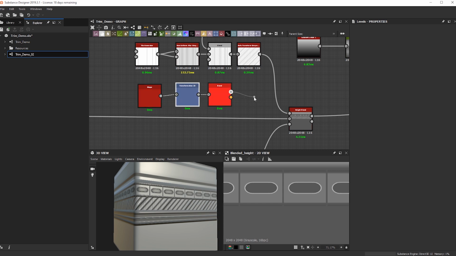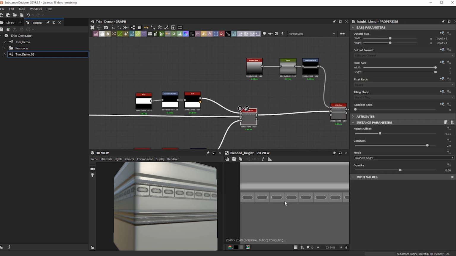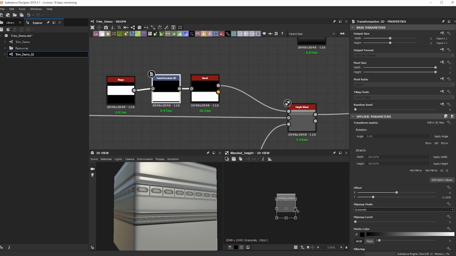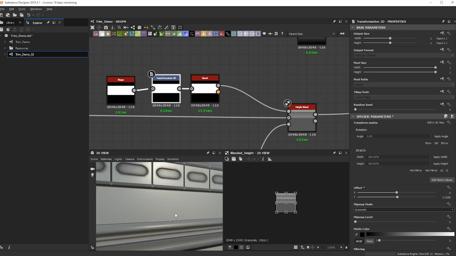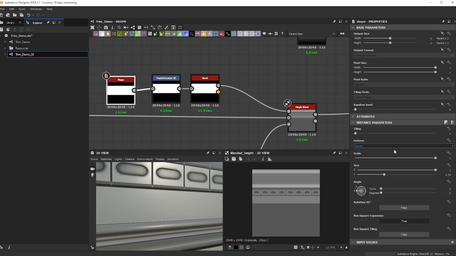So I'm just going to move this guy into here. Okay, and then the transform is looking for it elsewhere. There it is. Cool. So what we can do here is start stretching it downwards.